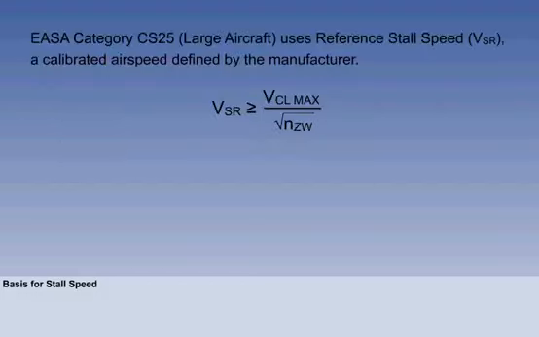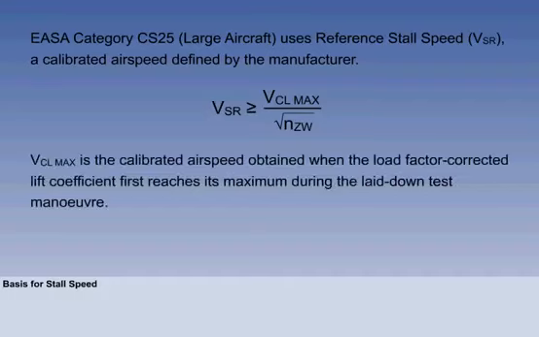For large aircraft, in EASA category CS25, a reference stall speed, known as VSR, is used. VSR is a calibrated airspeed defined by the manufacturer, and may not be less than a 1G stall speed. It is expressed in formula form as being equal or greater than VCL max over the square root of NZW, where VCL max is the calibrated airspeed obtained when the load factor corrected lift coefficient first reaches its maximum during